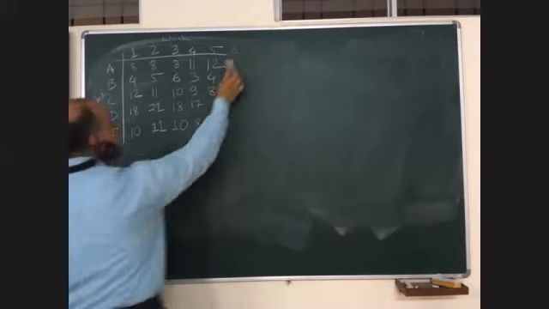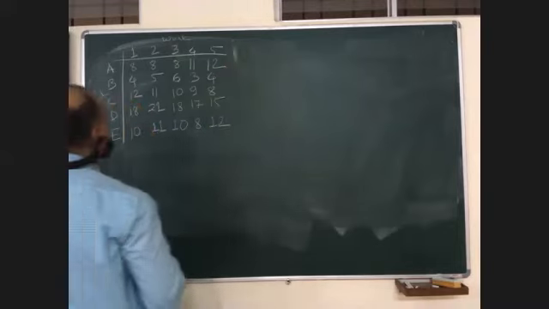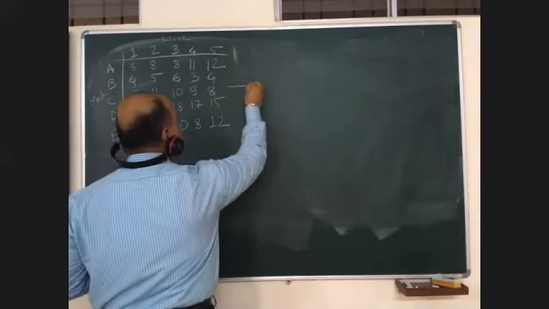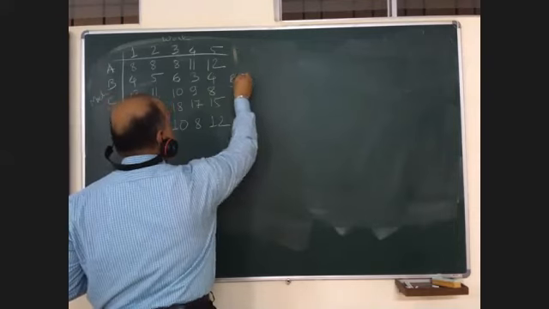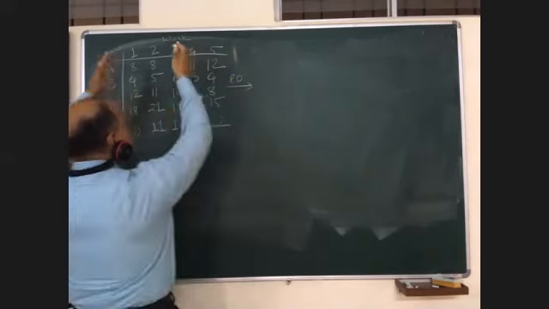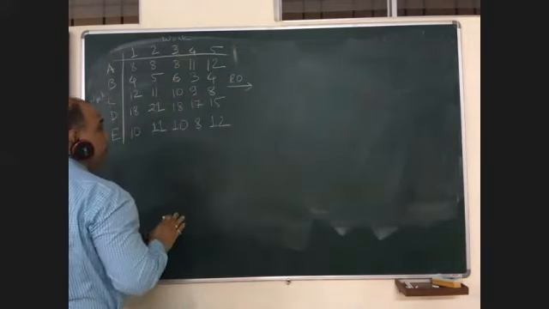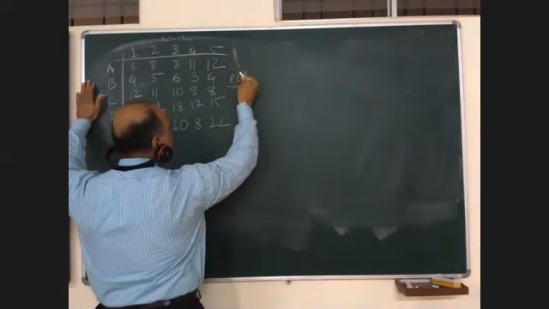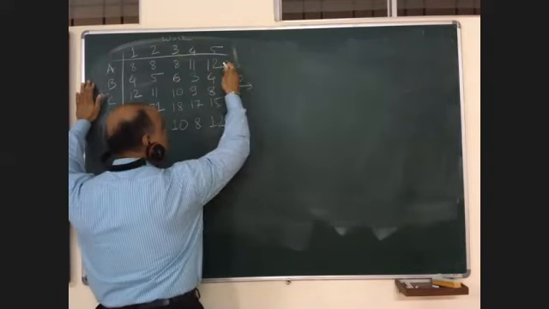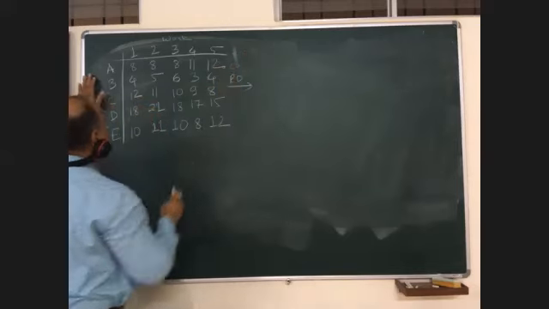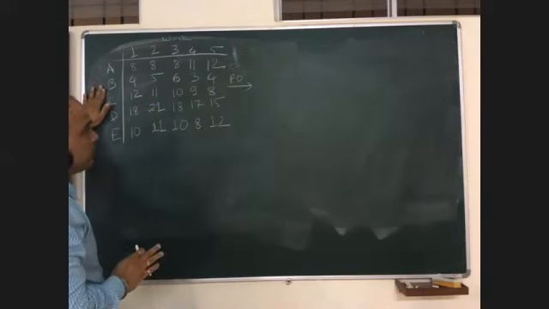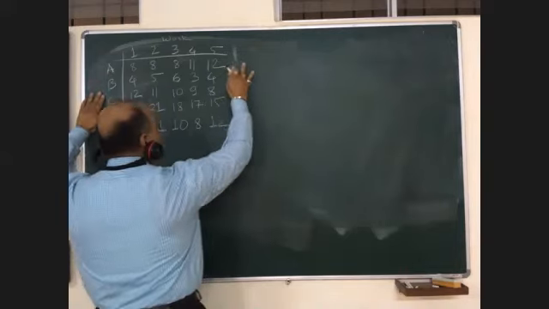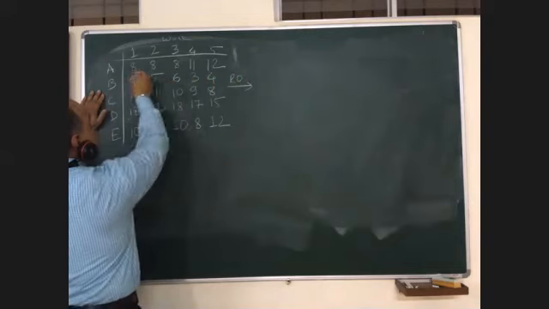We will solve this now. Step number 1, number of rows and number of columns are equal. Step number 2, row operation. If you wish, we can start with column operation also. If some student has started with column operation, no problem. Continue. After column operation, you can come again to row operation. But then both the operations you should complete. We'll start with row operation. Choose the minimum number.